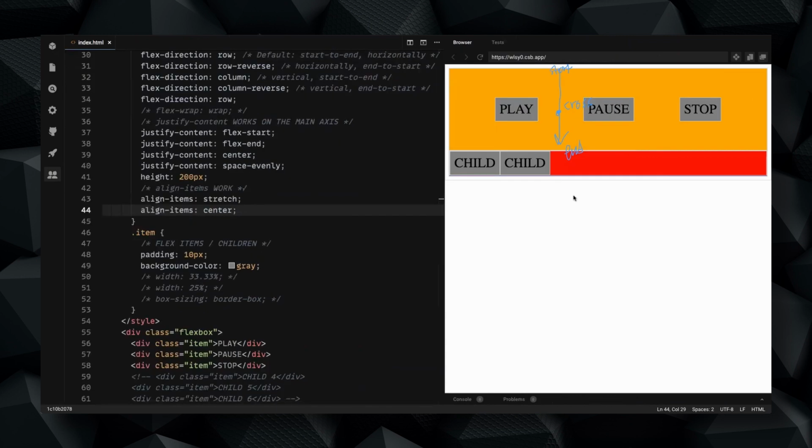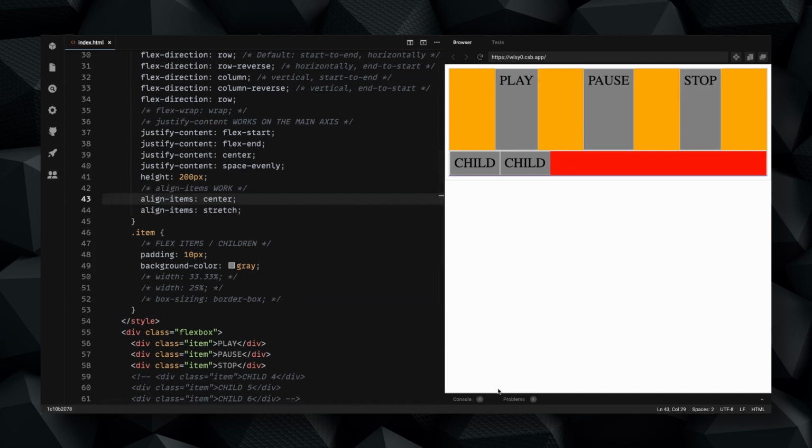There's a question: when we change from direction row to column, what happens to those properties? That's an excellent question. So let's do that. And I will use the stretch for the align items. So I will draw, right now we have the main axis here, and we have